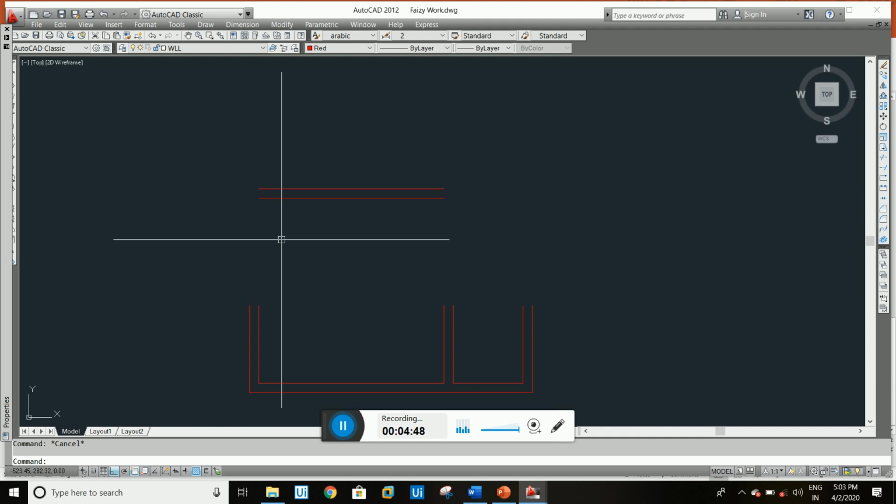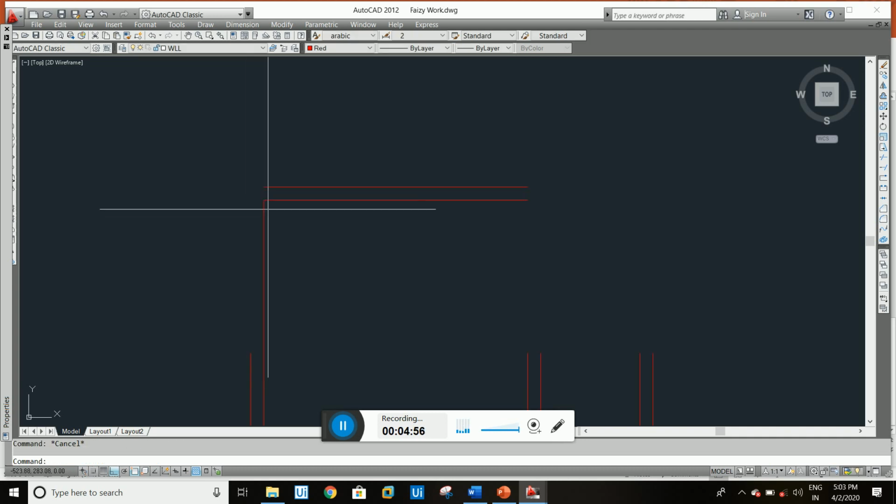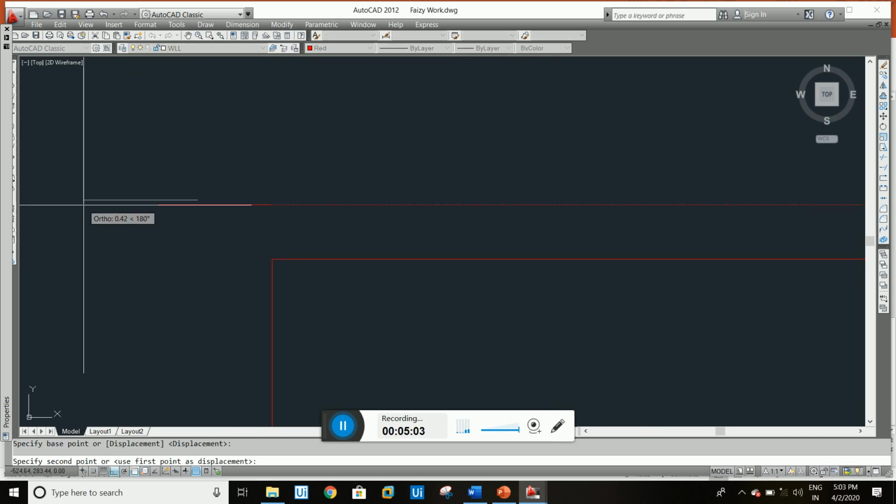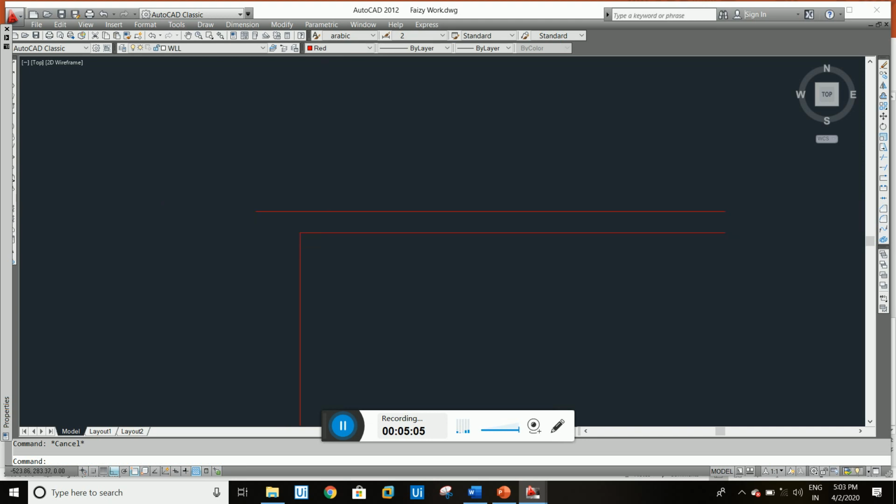This time we use double enter and choose this one. Here we don't have any tangent points set, that's why this point is not coming here. If you extend this line a little bit and give the extend command with double enter, it will directly join to this one.